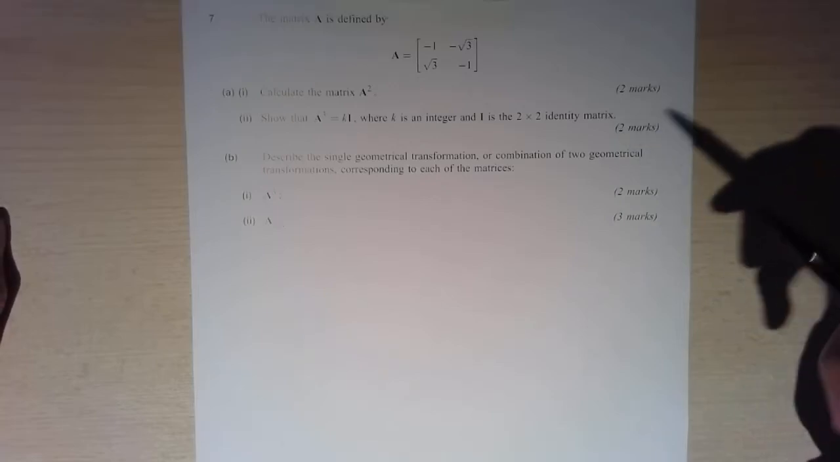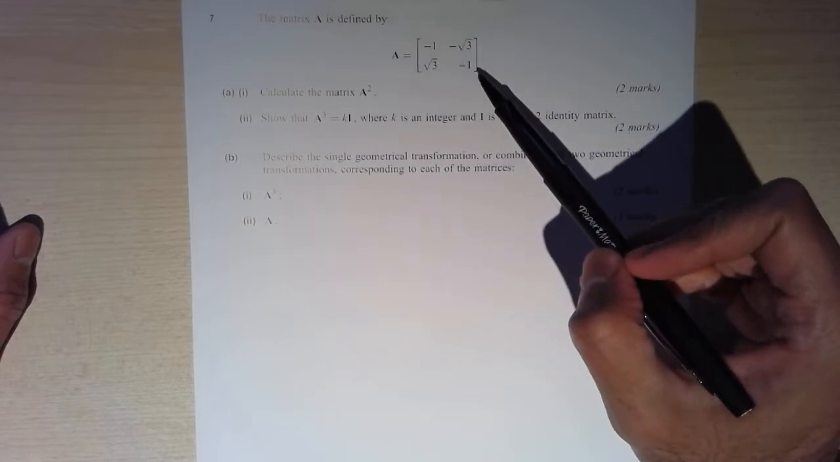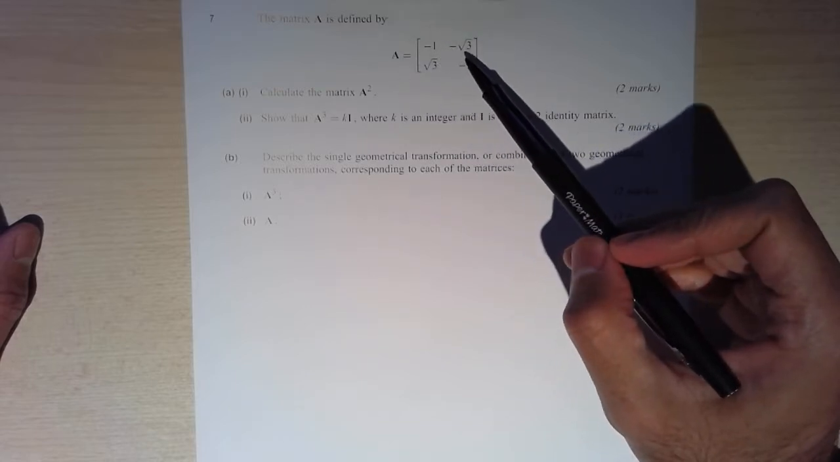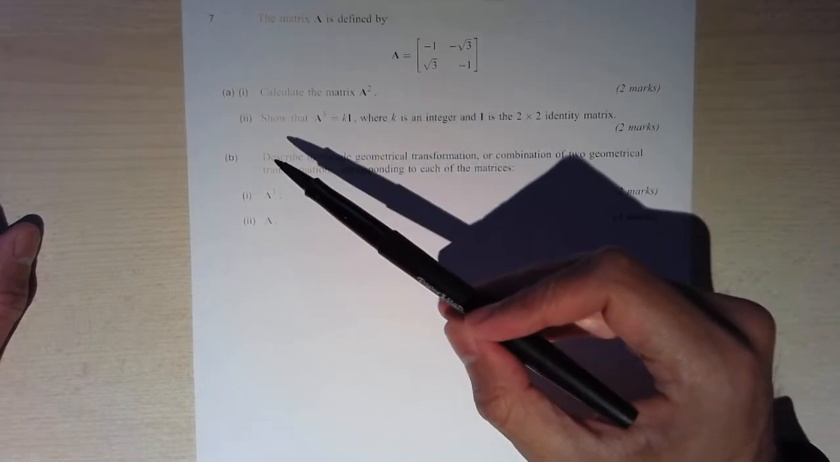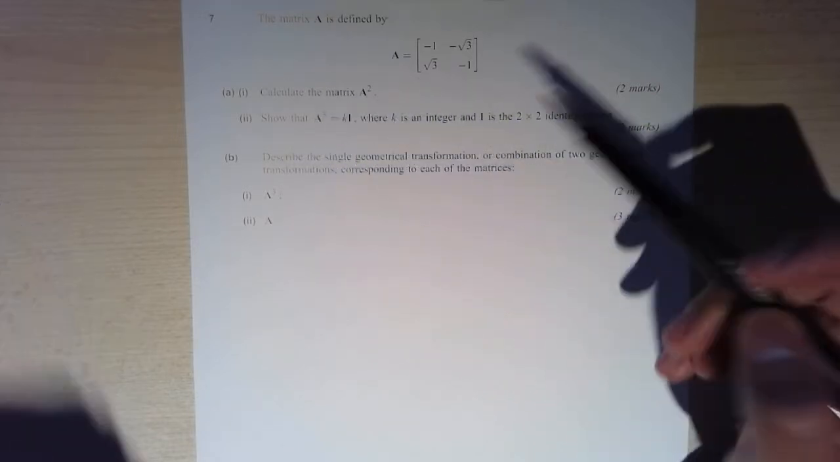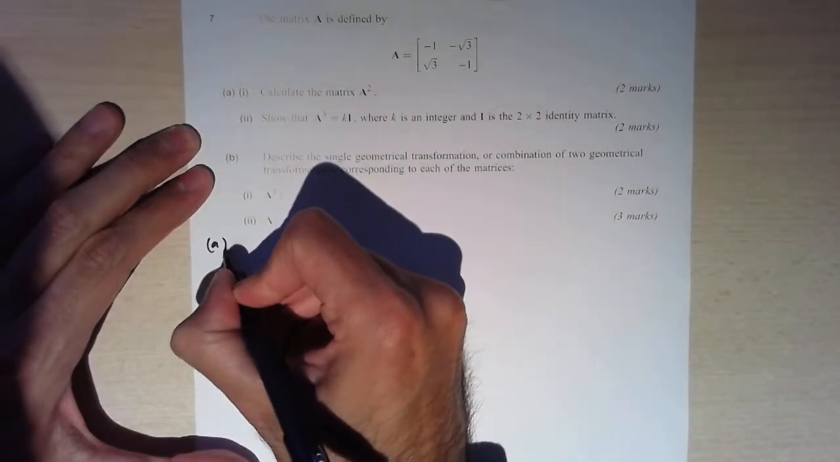Okay, in this question we've got the matrix A that's been defined by this over here. We've got -1, -√3, √3, -1. And what we need to do to start with is calculate the matrix A squared. So part A, I